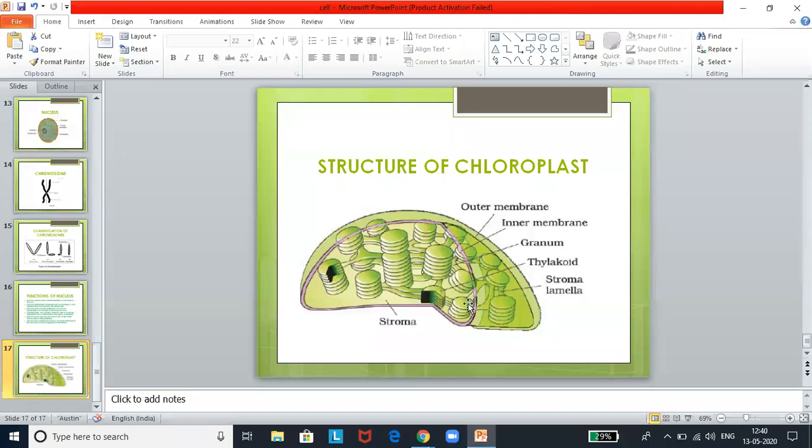There are disc-like structures. These disc-like structures are called the thylakoids. Thylakoids will aggregate to form a hollow structure, and that is called the granum. So the individual unit of granum is the thylakoid. A granum is composed of 5 to 25 thylakoids, and chloroplasts contain approximately 40 to 80 grana. The adjacent grana are connected by interstromal lamellae or intergranum lamellae or frets.